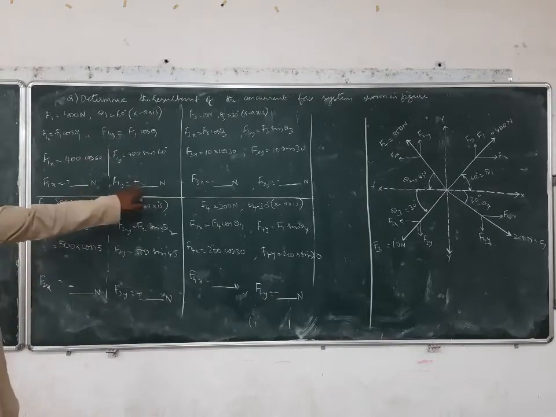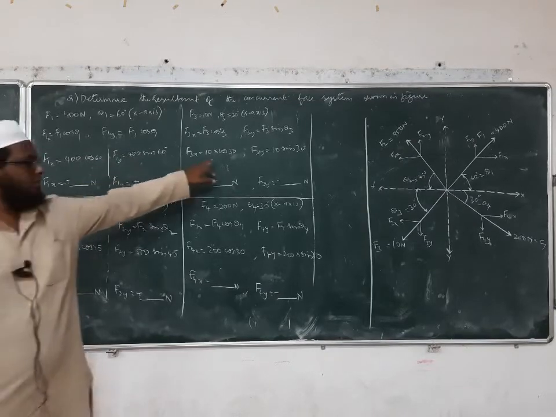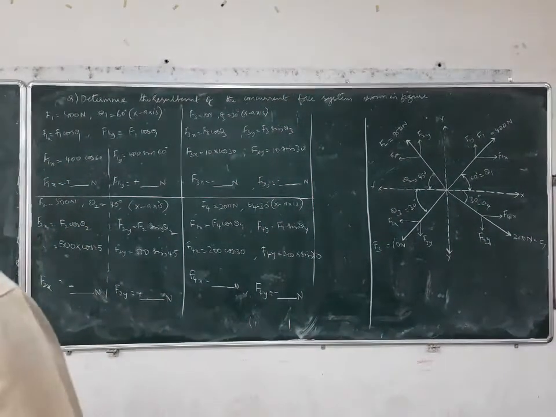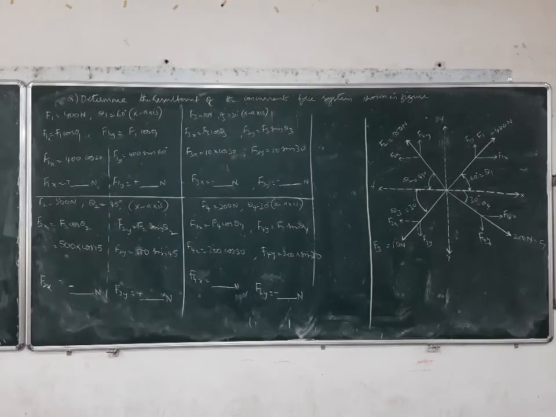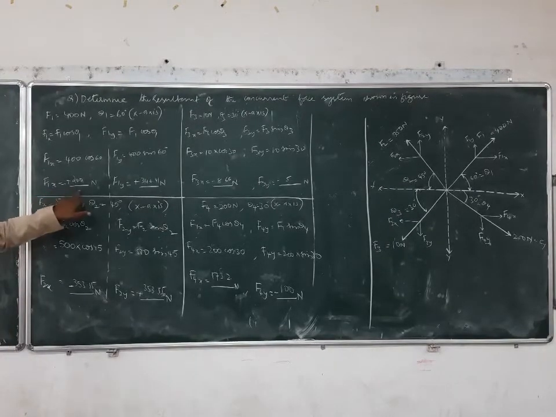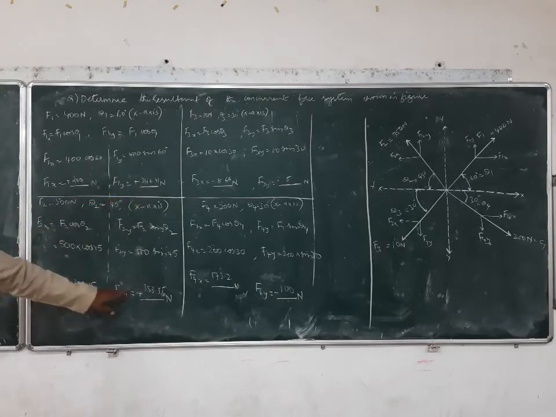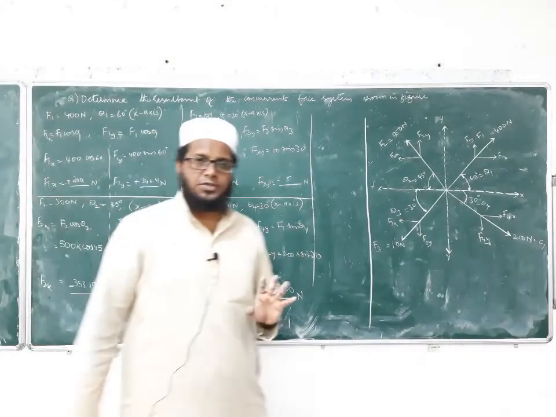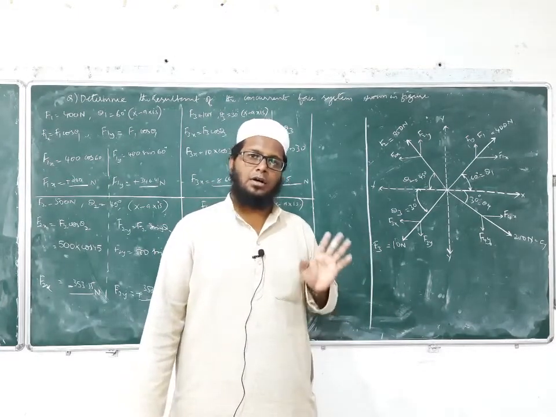So you can calculate these values for F4 with the help of these values. You substitute here, then we'll see what will happen. You can copy down this one. And now if you calculate these values, you will get F1x is equal to 200 newtons, F1y is equal to 346.41 newtons, and similarly F2x, F2y, all these values you will get. Okay. Now after calculation, all these are your components of forces, isn't it? It is not the resultant, it is just the components of each force.